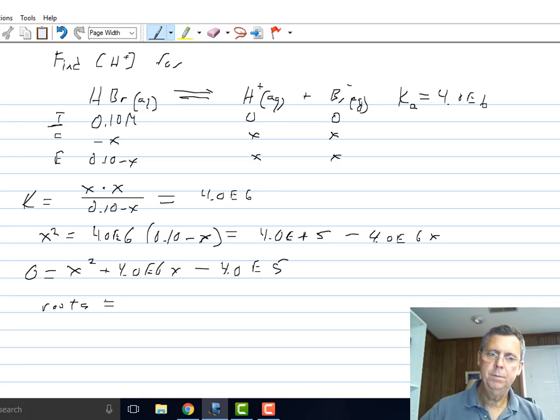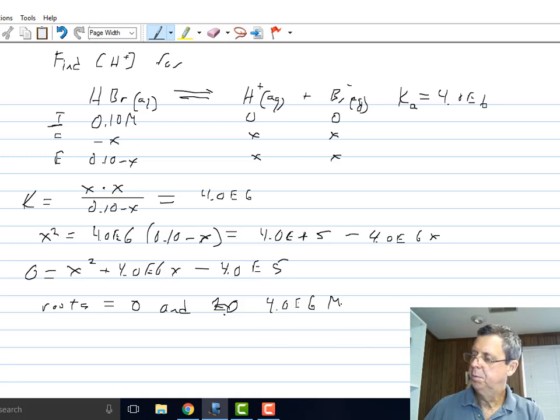So our roots, if you work this out, we get 0, and we also get 4.0 times 10 to the 6th for our two roots. This is a bit of a problem because